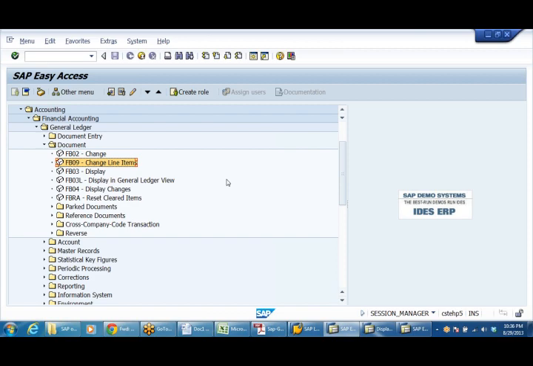So the document will be verified twice in that way. In case of companies, every document will be parked and the superior officer will be posting, in 99.9% of the cases. Without that, the internal audit team will make an objection. So that facility has to be followed.